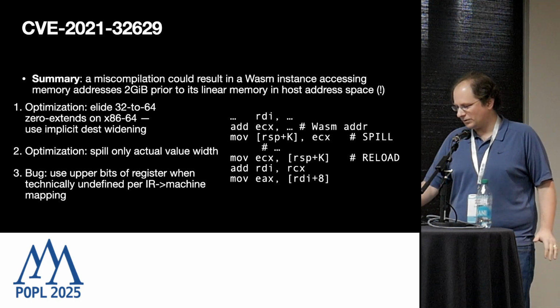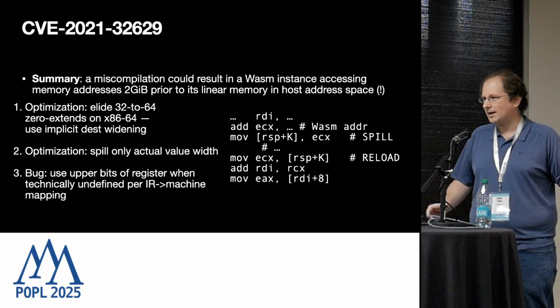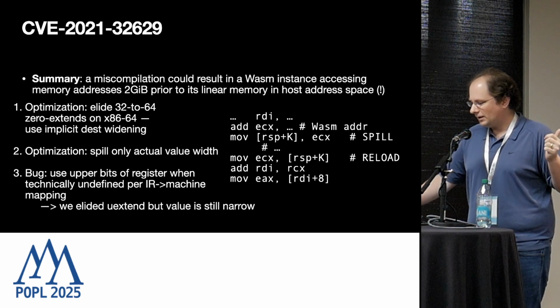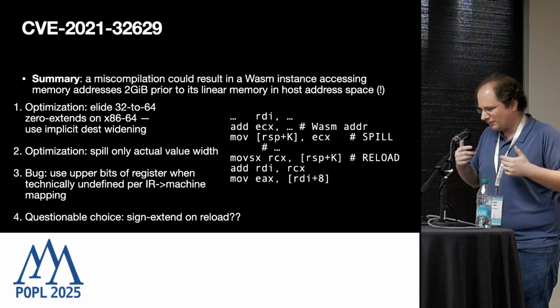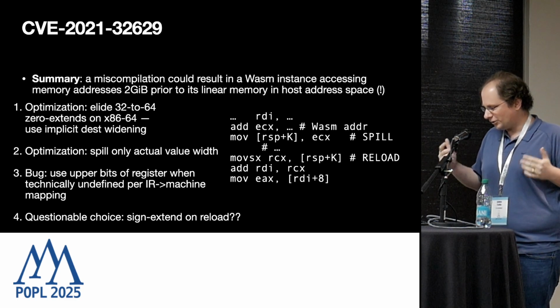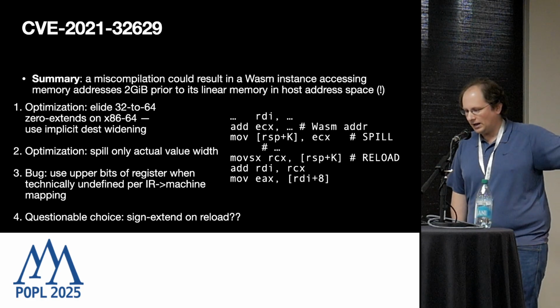So if we just had this code, it would actually still be fine. We would have gotten lucky because the load back into ECX would have still zero extended. But when we wrote the code, when I wrote the code, I should say, it's my fault. For some reason, I still don't know why, maybe a copy-paste mistake, I did a sign extending load rather than